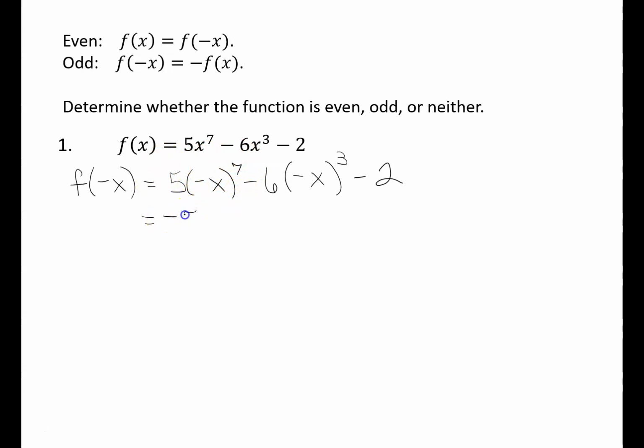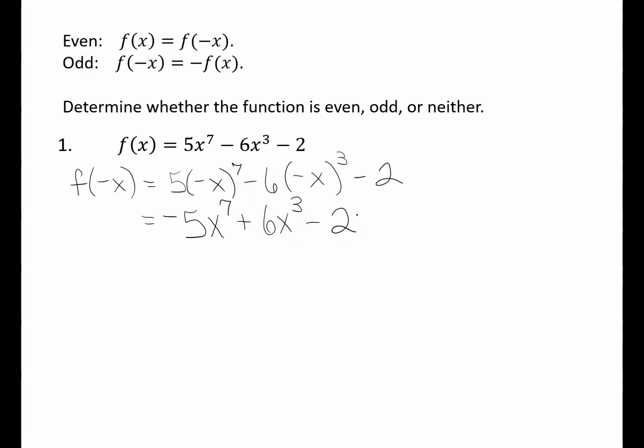So I'm going to put that negative out front, and then the 5, and then the x to the 7th. Here, again, I have an odd exponent, so the result of this negative x cubed is going to be negative times the negative in front of the 6 is going to make positive 6x cubed,